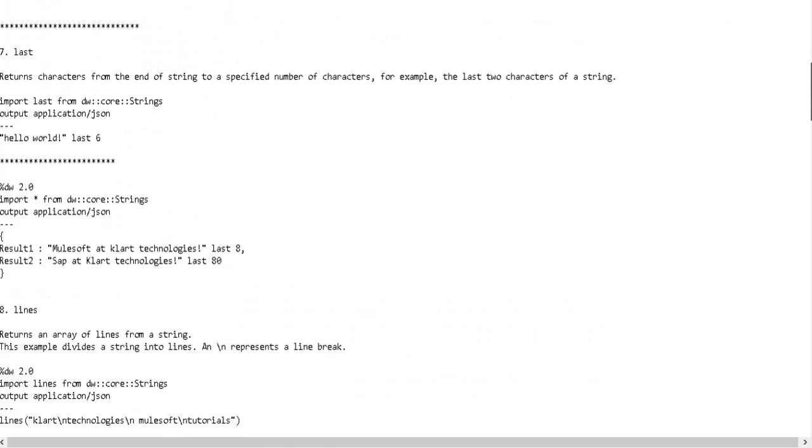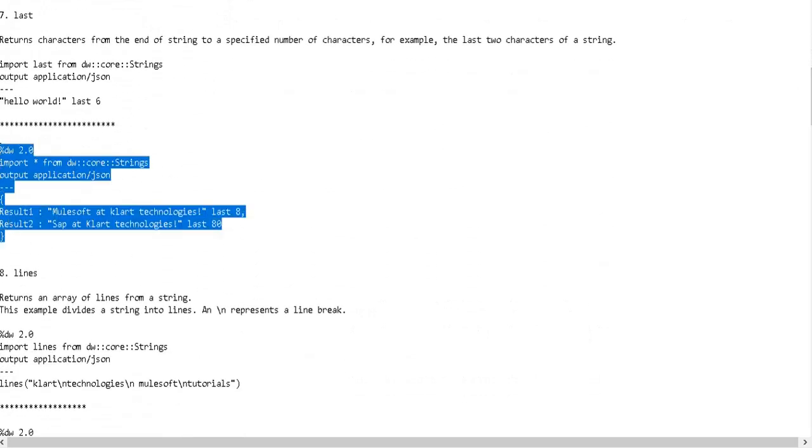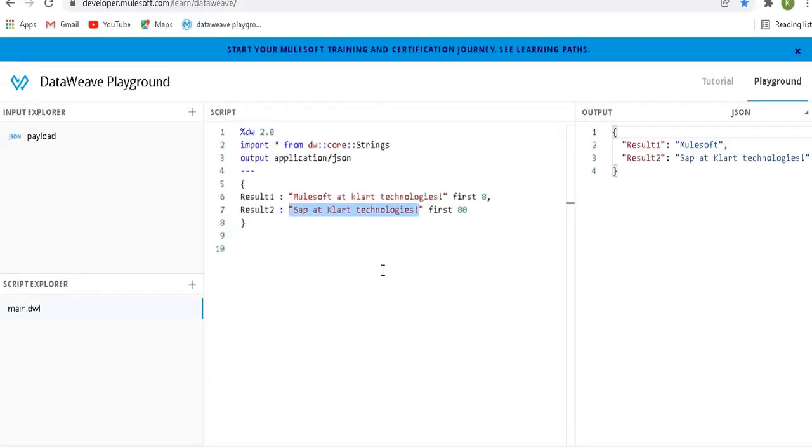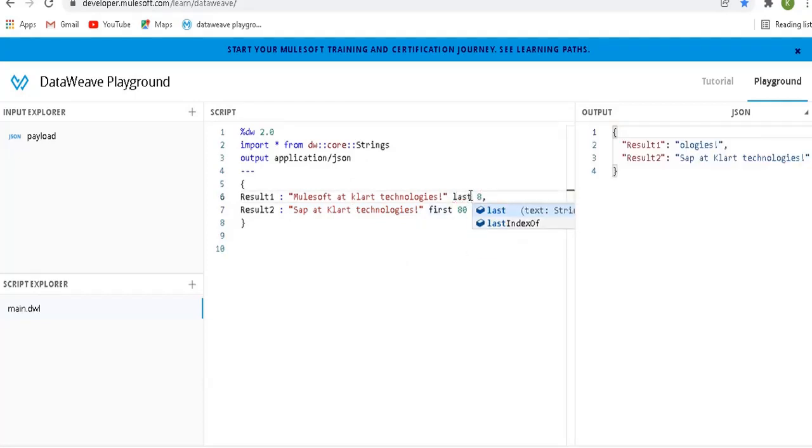Next one is last. In a similar way we have the last function also. It will count the letters from the end and show you the response. For the same example we can just change this to last, so you will get the idea. So last 8 characters: this one, 2, 3, 4, 5, 6, 7, 8.